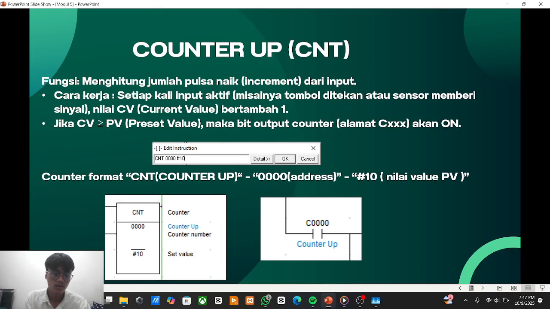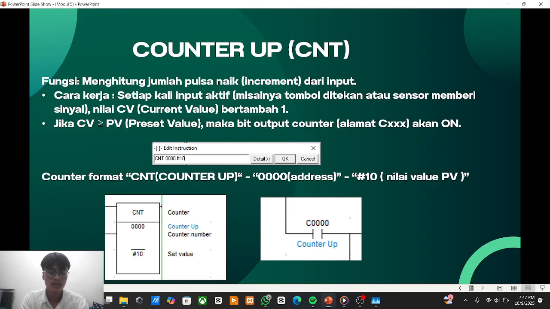Next, counter up CNT. Function: to count the number of rising pulse increments from the input. Working principle: each time an input is activated, for example when a button is pressed or a sensor sends a signal, the CV current value increases by 1.